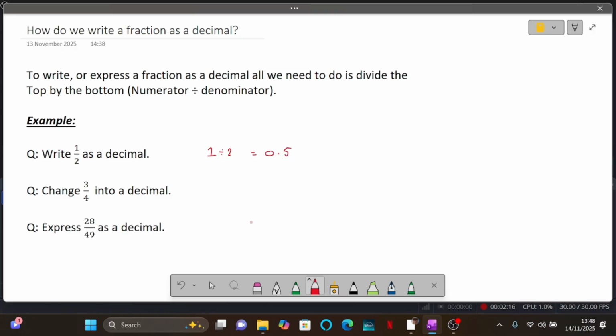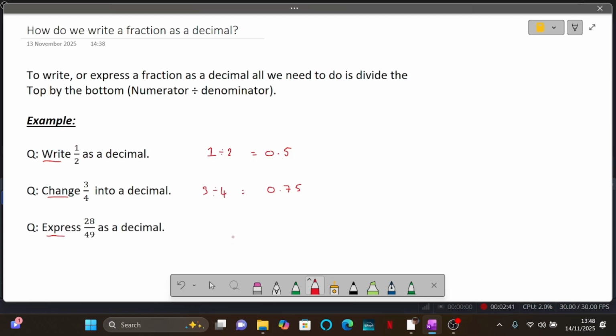Change 3/4 into a decimal. Okay, so remember, write, change, express, it's all the same question. So we follow the same procedure. The top divided by the bottom, this is going to give me 0.75. And lastly, express